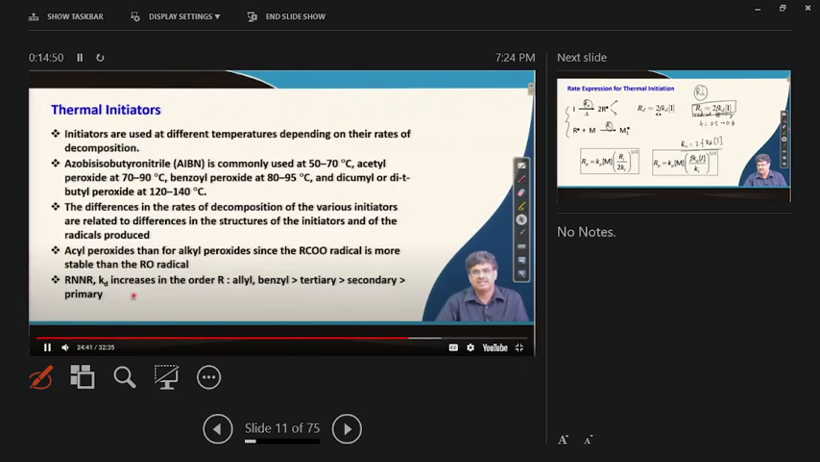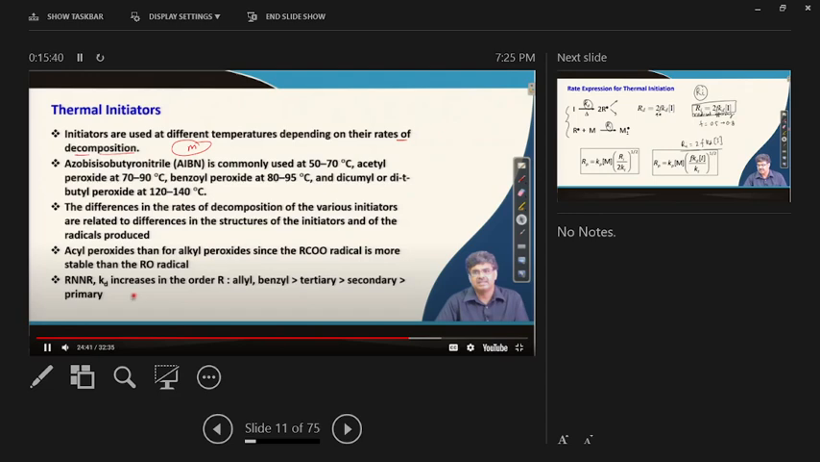Thermal initiators: some properties are given here. Initiators are used at different temperatures depending on their rate of decomposition. So the decomposition rate is very important. If you are going to make a polymer of a particular molecular weight, then you need to choose the initiator accordingly. Some initiators have a very high dissociation rate, so they will generate lower molecular weight polymer. And according to the literature and data available, first of all you need to find out how much polymerization you require,